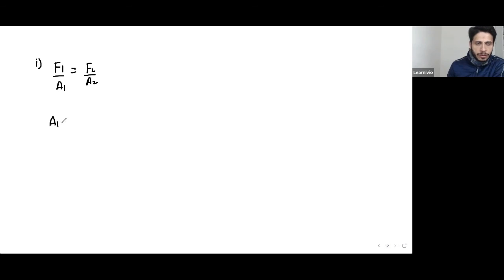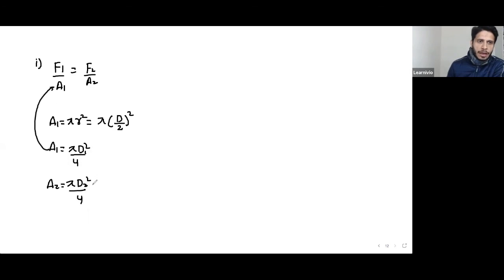Say A1, you can write this as A1 is pi r square. But now the radius is not given, the diameter is given. So you can write the radius as diameter by 2, whole square. So you can say that area A1 is pi d1 square by 4. Similarly, you can calculate area A2, it's pi d2 square by 4. So if I substitute A1 here, and substitute A2 here,